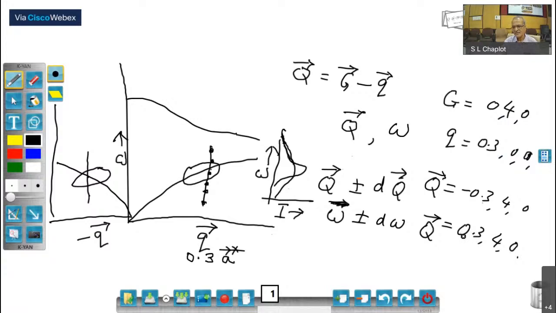Now this resolution function depends on many of the instrument parameters. For example, what kind of monochromator crystal you have, or what kind of analyzer crystal you have, what are the collimation angles between the monochromator and sample, and so on. So these various issues determine the